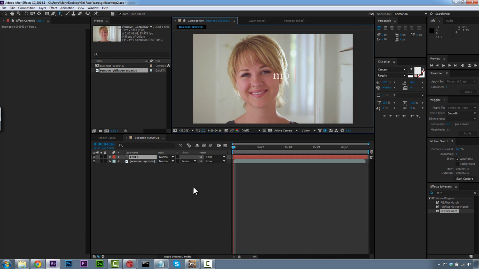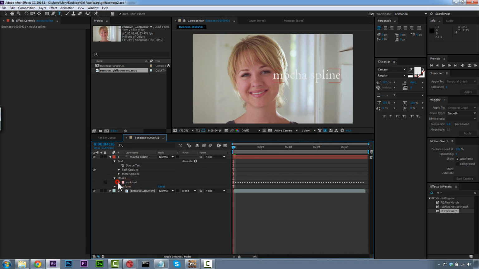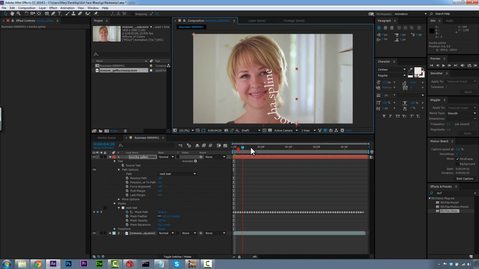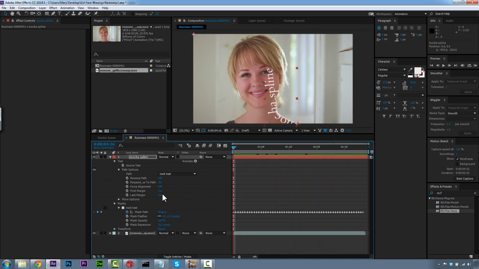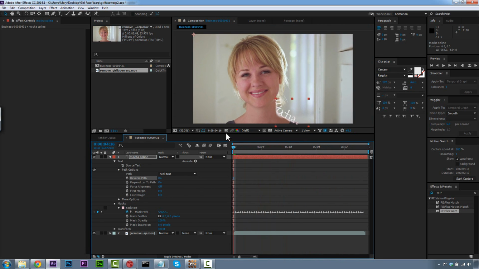And we hit Control-Shift-Alt-T to make a text layer that is the size of our comp. We go ahead and paste our Mocha mask right on top of that. And then we apply the text to this spline just by wrapping it around the spline. Now you can see that it's not exactly how I want it, so we're just going to adjust and flip it to the other side,